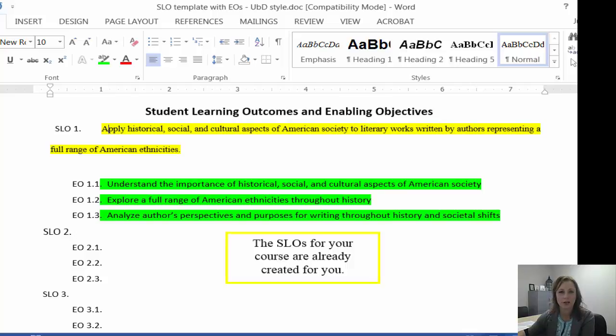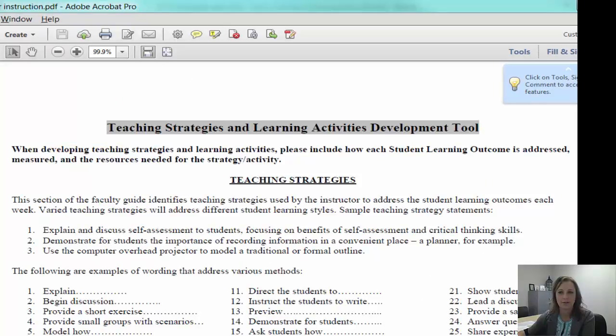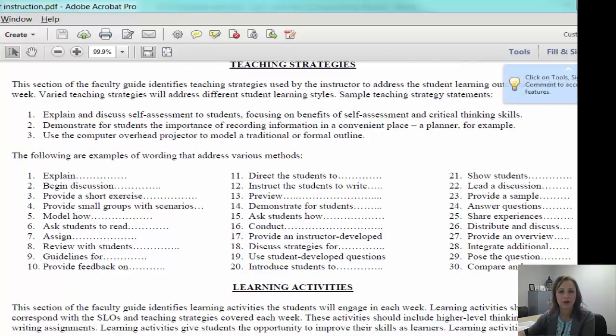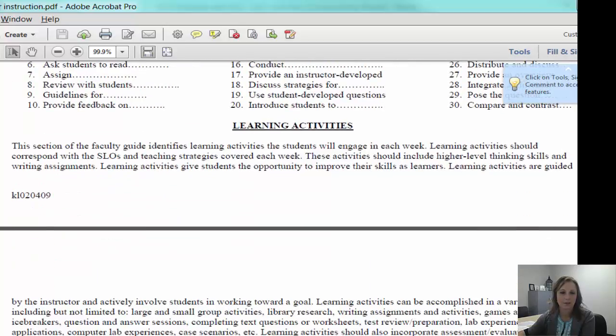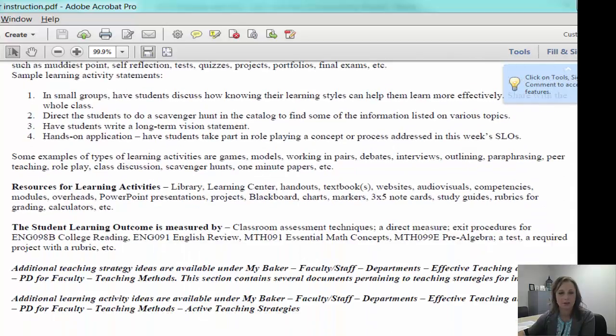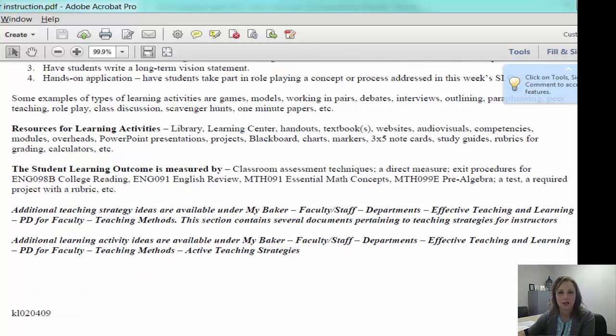So I want to share with you another document from the Baker site, and that is this teaching strategies and learning activities developmental tool. So this tool actually helps us be intentional in terms of the language that we use to craft our enabling objectives. So we can see here explain, begin discussion. So we have some samples here to really guide us in determining how we're going to construct those enabling objectives. The document does include some information on how to be able to scaffold some learning activities, also known as formative assessment. So I want to share those two documents with you and just give you some time to explore those,